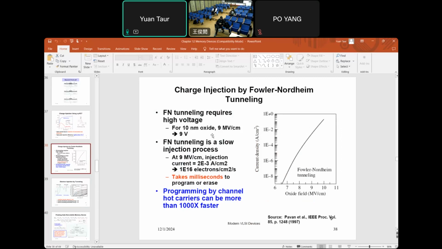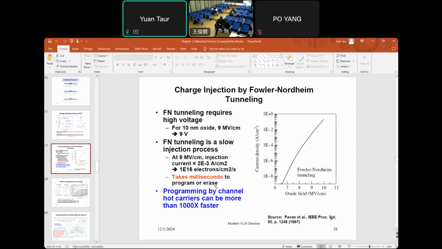For a 10 nanometer oxide, we apply 9 volts, we'll achieve 9 megavolt, and then from here we can see the current is about 2 milliamp per centimeter square, and